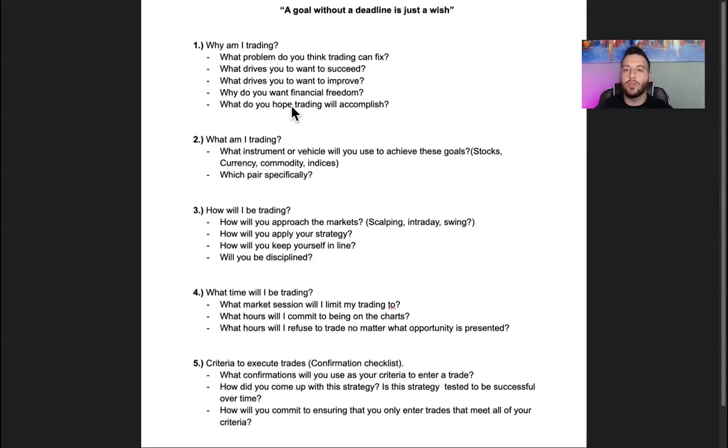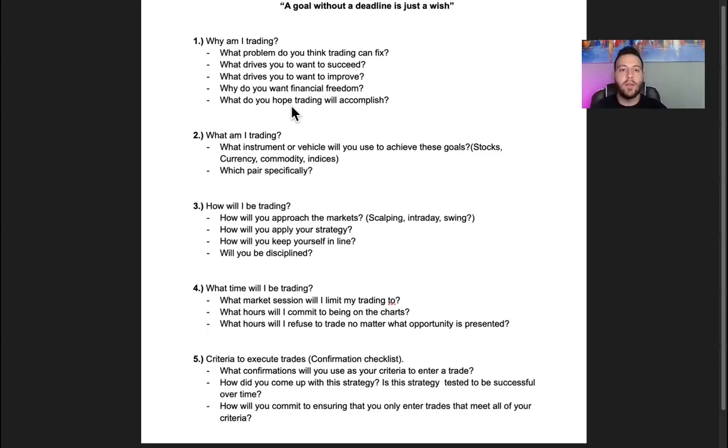Number 2 is what you're trading. New traders typically don't have a sense of direction on what instrument they should be trading. Typically, they saw someone who was having success in a specific instrument and they want to follow in their footsteps. What I would urge all of you guys to do is to take a very careful look about what you're looking to trade, whether it's going to be stocks, currencies, commodities, indices, and what are you specifically going to be